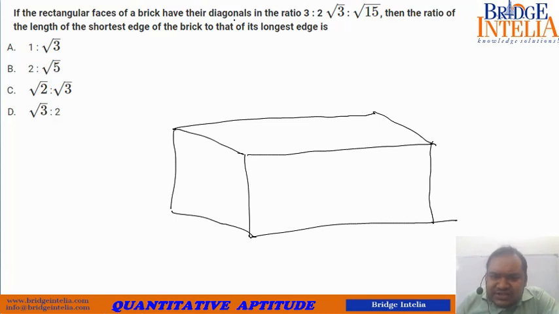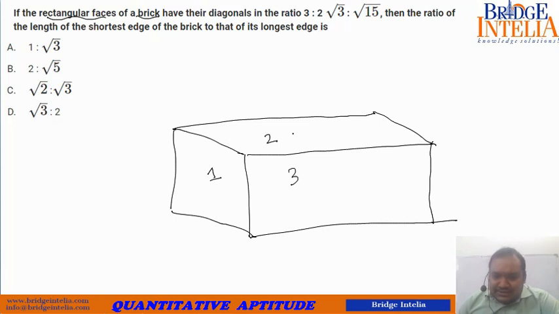So what is this question trying to say? If the rectangular faces of a brick, what do you mean by rectangular faces? So how many faces does a cube or a cuboid have? As we already saw, a cube or a cuboid has 6 surfaces or faces. So if you draw it at one point in time, you can draw only 3 surfaces: surface 1, surface 2, surface 3. But in reality there are 6 surfaces. It is not possible to show it through the diagram, but you can visualize that there are 6 surfaces.